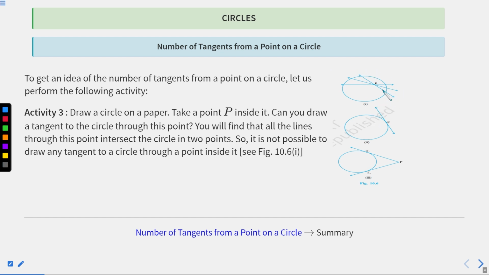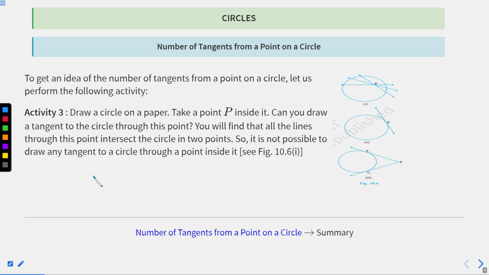For this figure, if we take point P inside the circle, then we will not get a tangent to the circle. All the lines through this point intersect the circle at 2 distinct points, so it is not possible to draw any tangent to a circle through a point